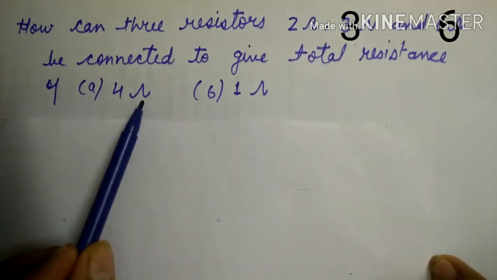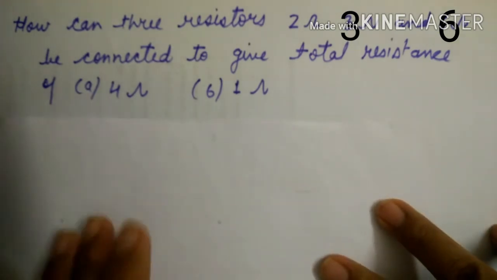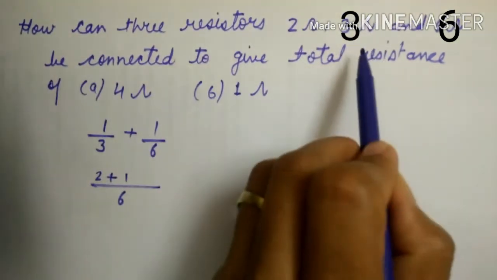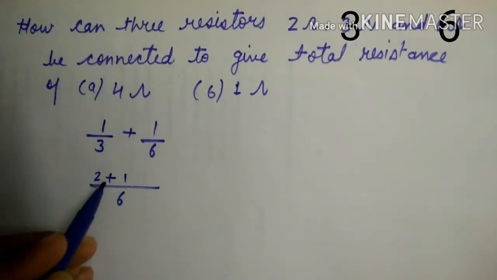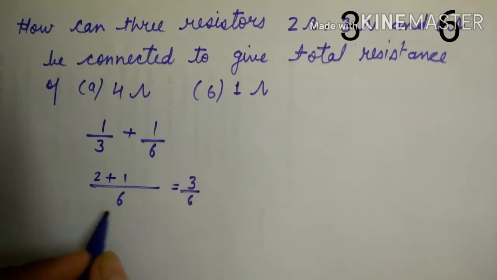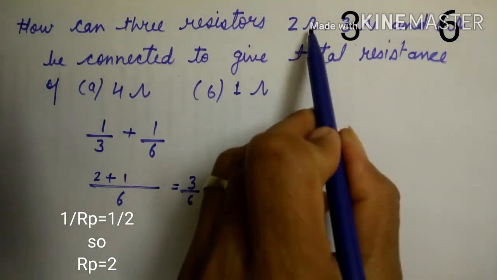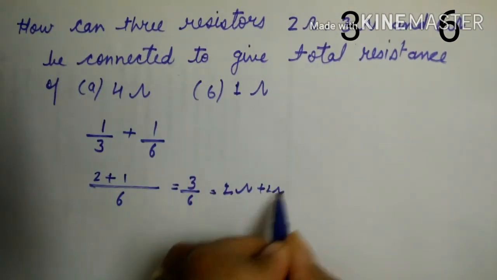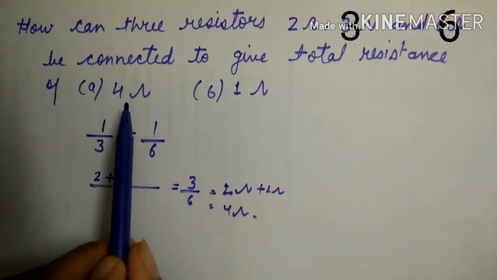Okay, so we can get 4. Let's see if it is working or not for the first case. Roughly, we are taking two resistors whose values are 3 and 6 ohm. So 1 upon 3 plus 1 upon 6. Okay, so we are getting 3 by 6, so the value is 2. So we get 2 ohm, and when this 2 ohm connects with the remaining 2 ohm resistor, it will become 4 ohm. So we can get the total resistance of 4 ohm.